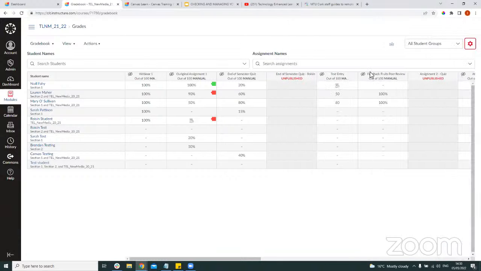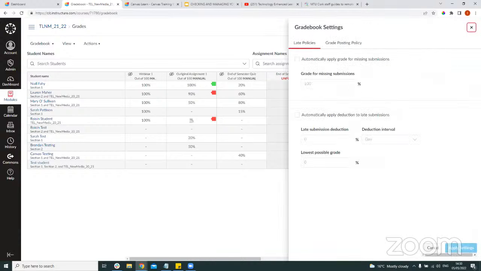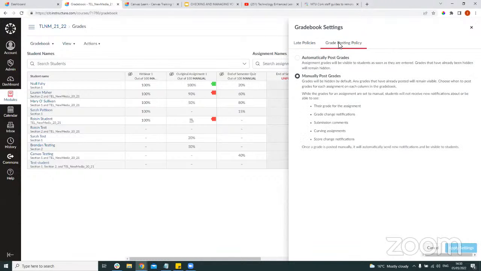So just to bring it back there. I'm going into this little cog here to open up the settings. And we can see here we have our late policy and our grade posting policy. Grade posting policy, we always want to have set to manually post the grades. The reason for this is, if you're going through the assignments and say you've 20 people in your class, and you start and give the first 3 or 4 their grades,